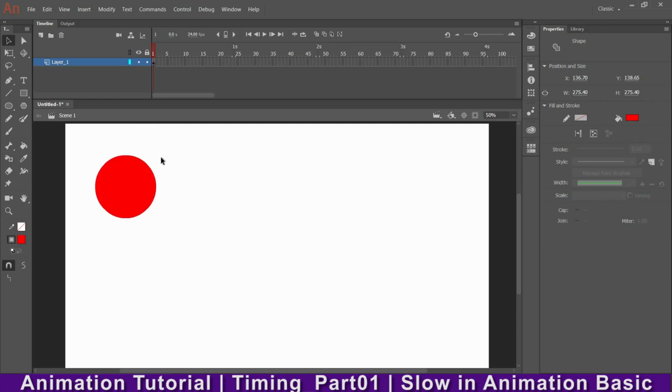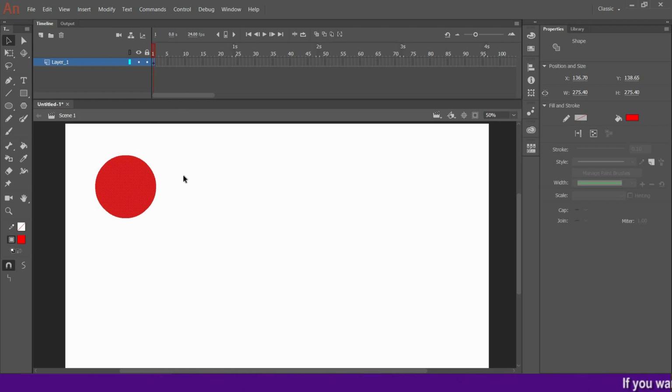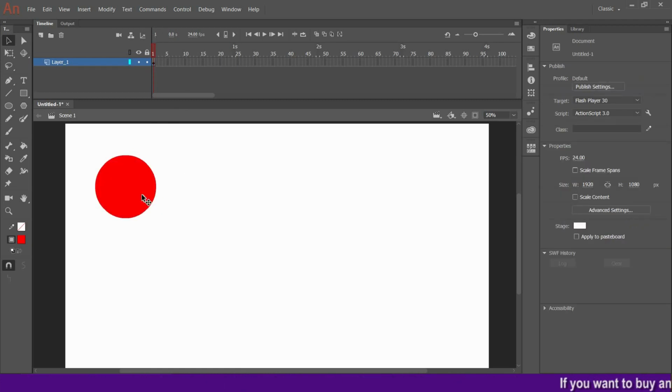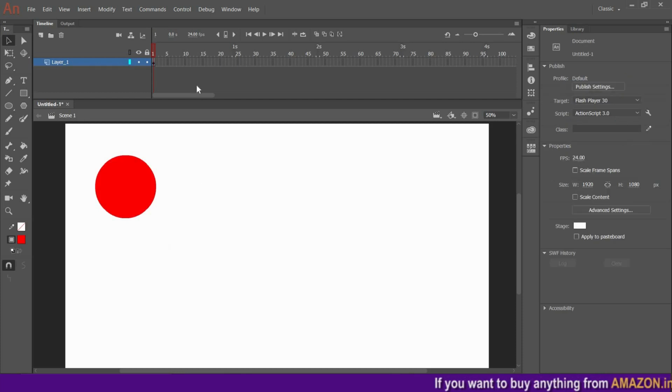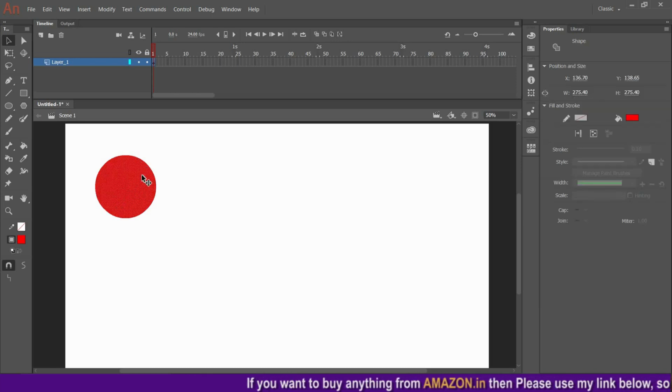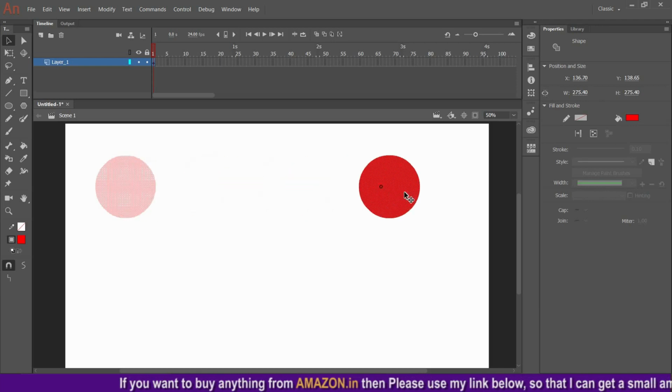I want this circle to move from this point to this point. This is on frame number 1, as you can see over here. You need to check every time where your frame is. On frame 1 the drawing is present here, and I want the animation to be on this line itself. Character or the ball or the object, whatever you have with it, you can move from here to here.